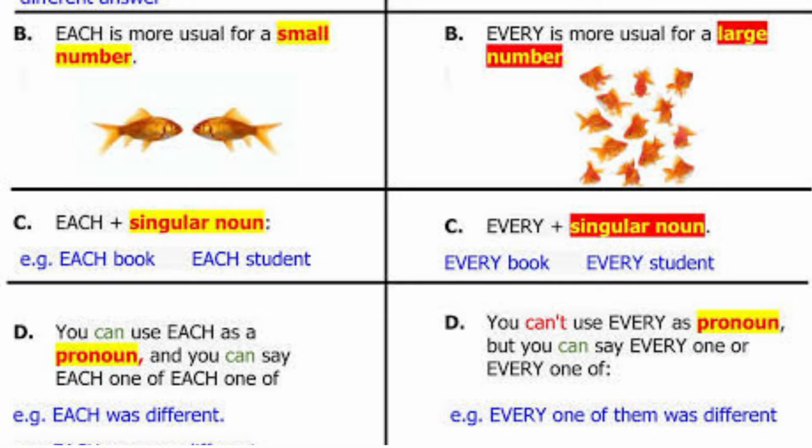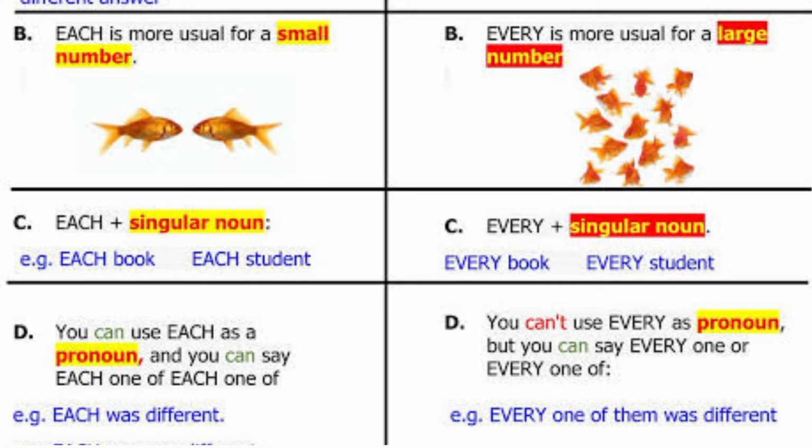Likewise, every is also followed by a singular verb. For example, every student is very talented. So here every is followed by a singular verb is, and every performs the function of adjective. But every does not perform the function of pronoun. Next important rule related to each and every is